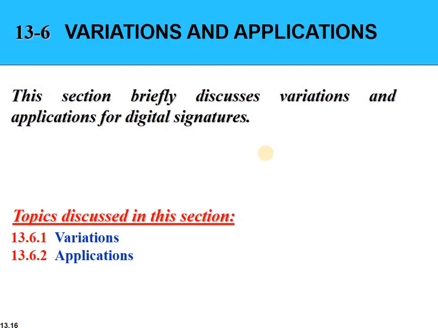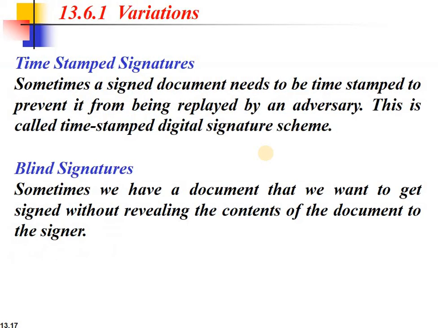Yeah, some more parts, like variations, are the applications of this digital signature scheme. The first one is called timestamp signatures. Timestamp signatures are those where we have to create a nonce value. Nonces are values that we create for a temporary period of time, just to launch the session key between the two entities, such that in the launching of the session keys, the conversation of those two entities cannot be leaked by anyone else. So timestamp signatures are one example of RSA digital signature.